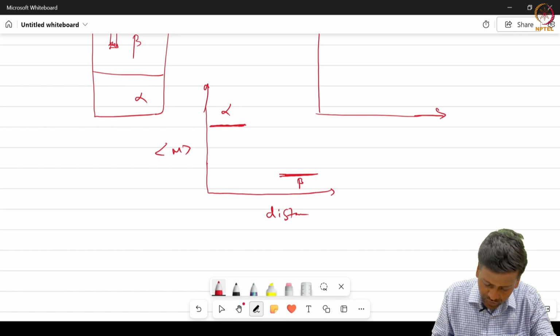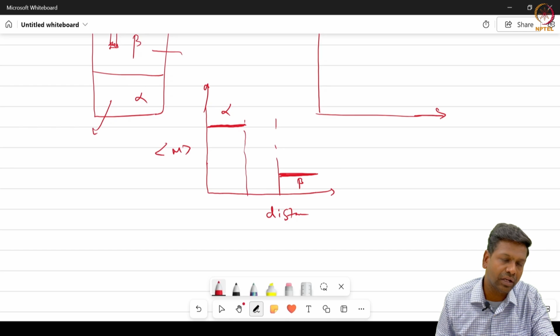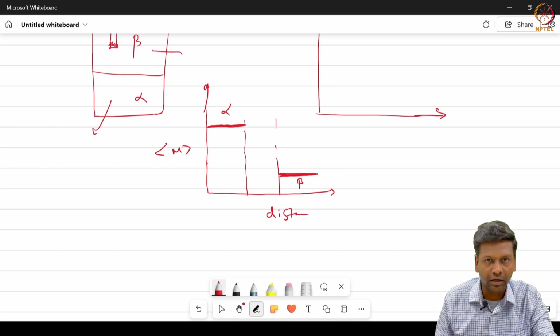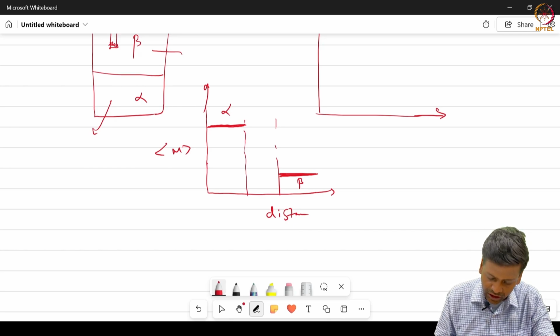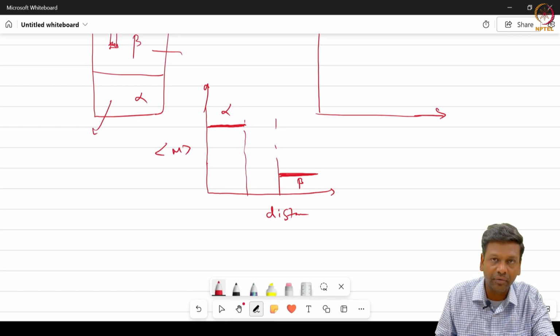But in between these two phases, near the interface, there will be a fluctuation, because the distribution of the number of molecules or atoms in the vicinity of the interface will drastically differ. In such case, you would expect change in the profile. It can be sometimes linear, it can be exponential, or it can be any profile.